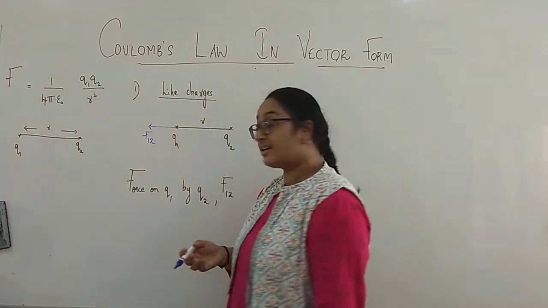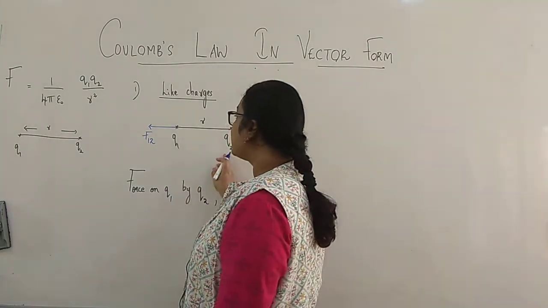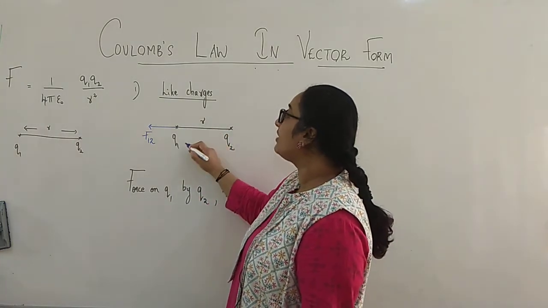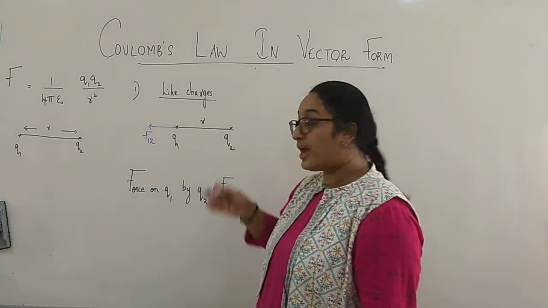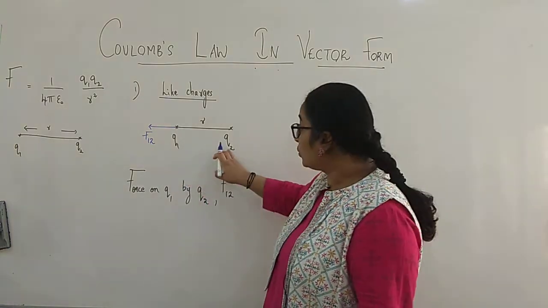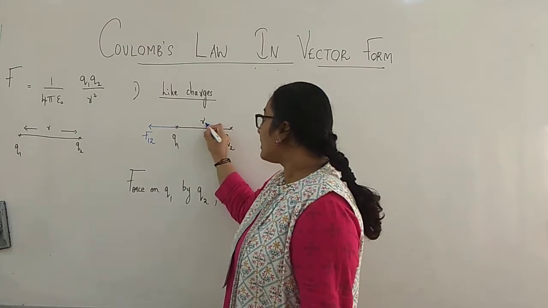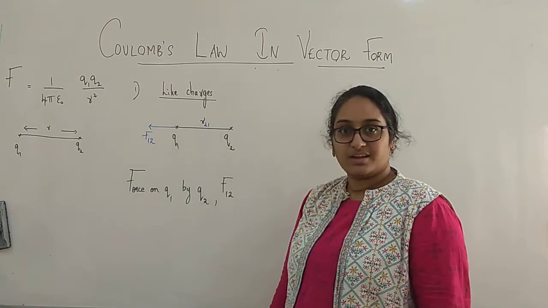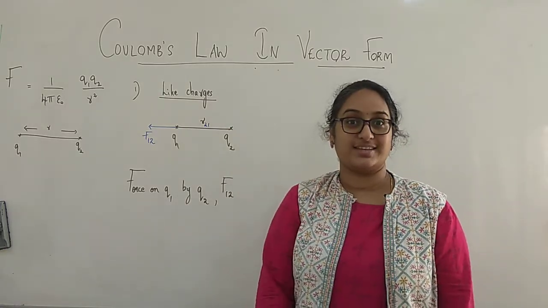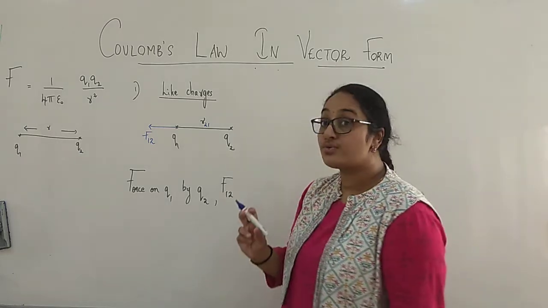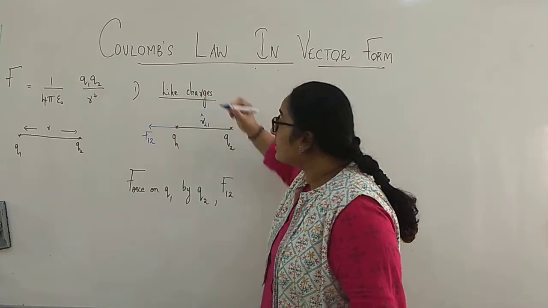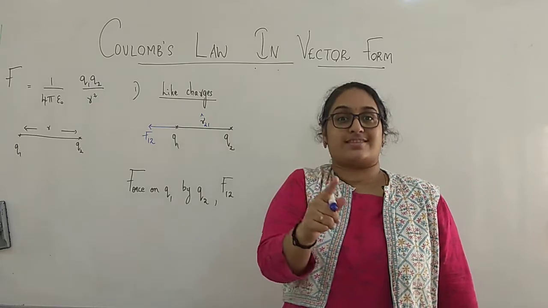Here I'll be more specific. There are 2 ways of representing the distance. I will represent it as R12, or you can also represent it with respect to the direction shown, from Q2 to Q1. So you can also represent it as R21. I will represent it as R21, that becomes easier to understand. What is R21? R21 is the distance, and now we are giving it a direction. So I will put a cap over this which shows that R21 is a unit vector now.